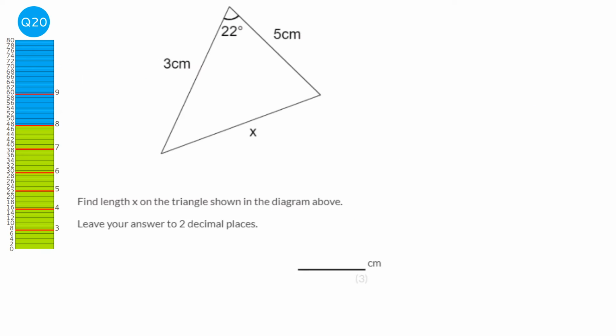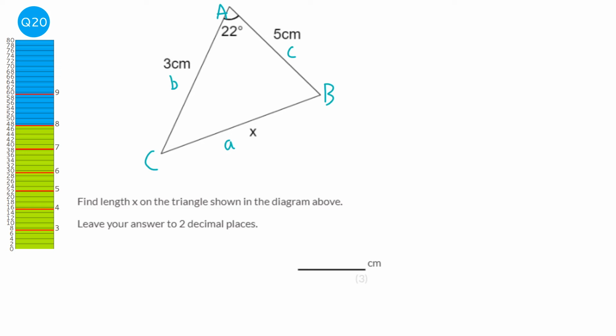Going to start off by labelling the triangle, and so we've got capital A here, capital B, capital C, and lowercase a, lowercase b, and lowercase c. It doesn't actually matter which way around B and C are, but capital A is always the angle that we're given. So we've got to work out whether we're using cosine rule, sine rule, or something else. Well, here we're given 3 lengths. Well, actually one of them is unknown, but there's 3 lengths involved and an angle, so that's definitely going to